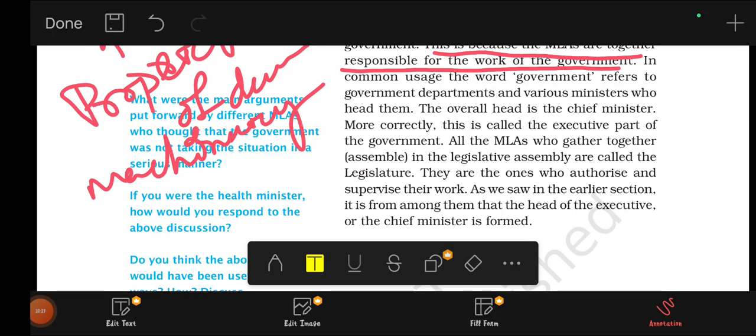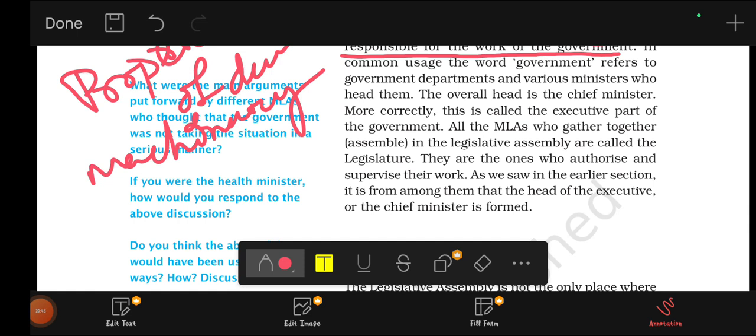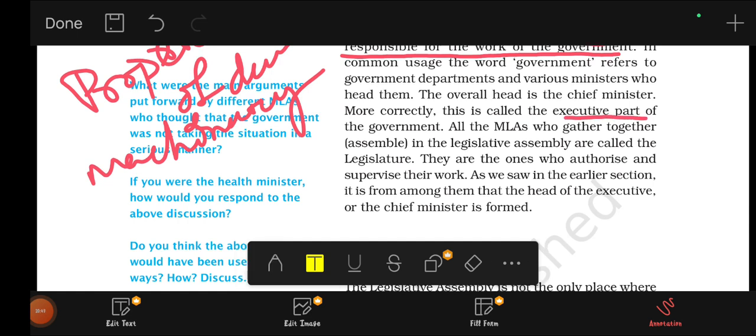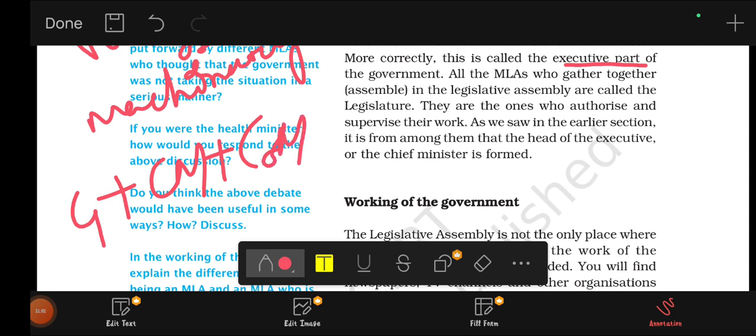The common use of the word government refers to the government departments and various ministries and those who head them. The overall head is the chief minister. Most correctly, this is called the executive part of the government. And this executive part of government is made up of the governor, chief minister, plus his council of ministers,